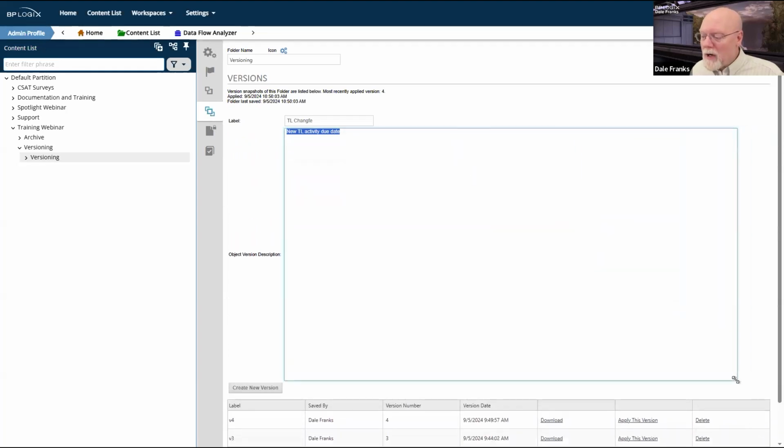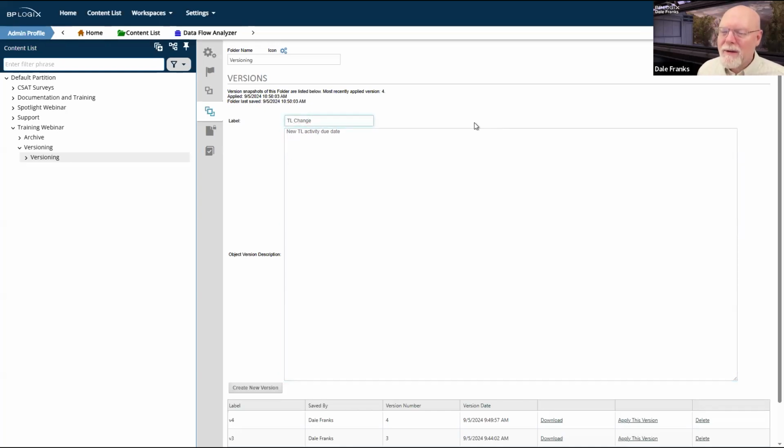Nobody's trying to limit what you can say in your notes. You can say a lot. And so maybe some sort of list of the changes that you have made, and I'm not saying you have to keep a detailed change log here. If you need to keep a detailed change log, there are probably better, more efficient ways to do that. But you should at least have some indication of what the difference is between this TL change fee.